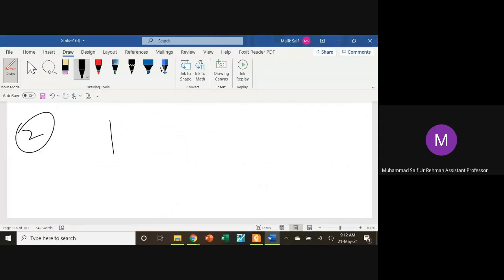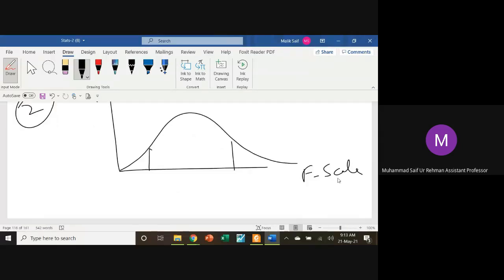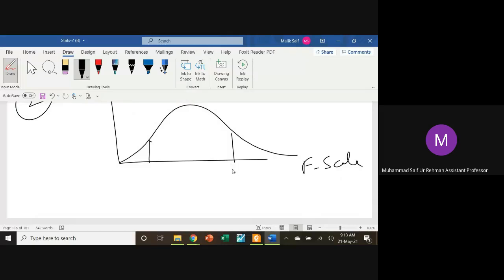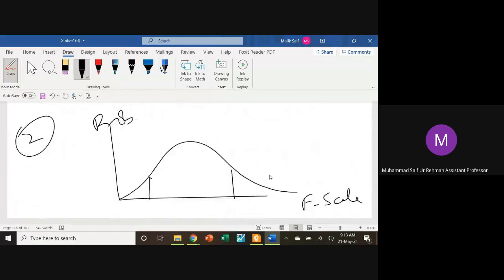Definitely you will draw the F distribution, and you will see what the critical value of F is in this case. This is the F scale, and relative frequency or probability is on the vertical axis. So you have to see what the F value will be at this point and also at this point. But there is no need of drawing this